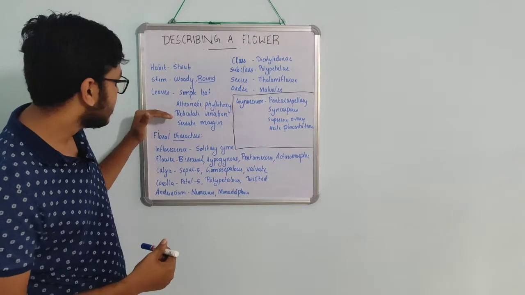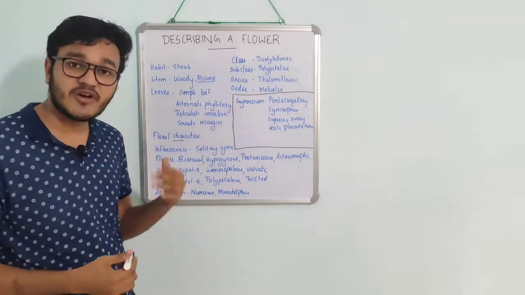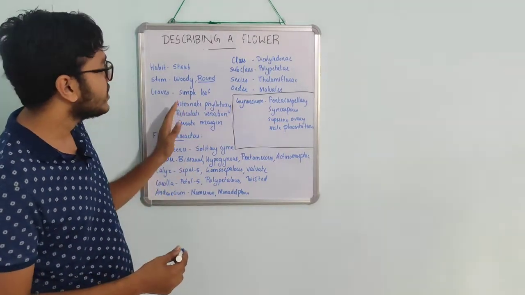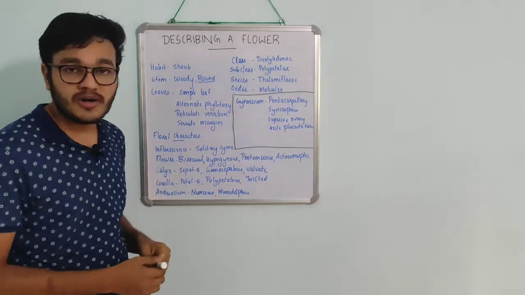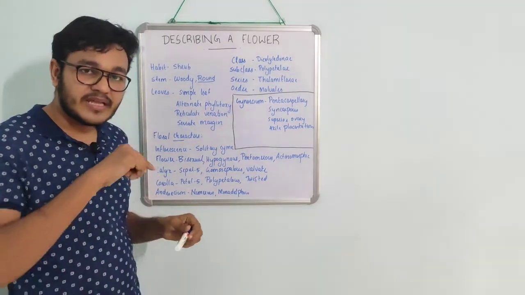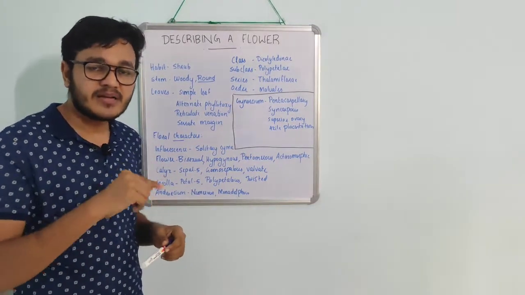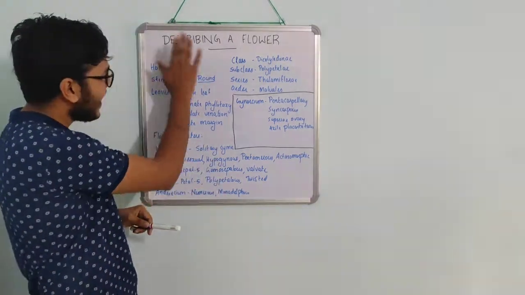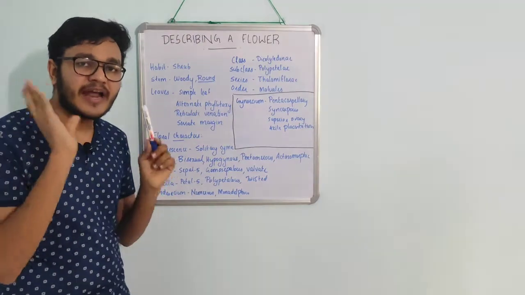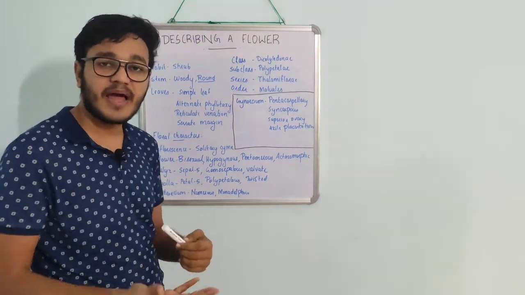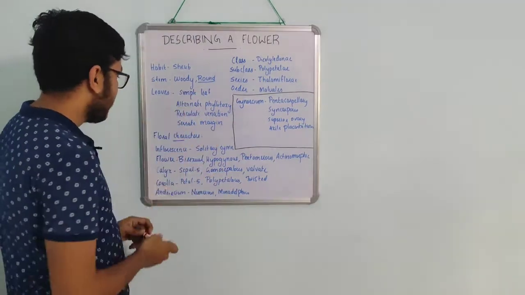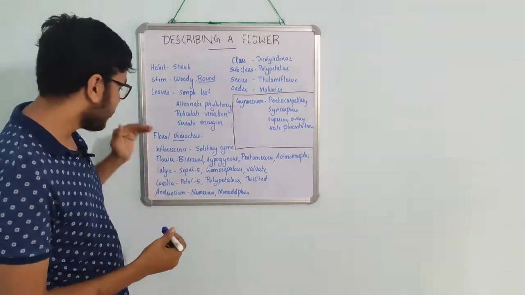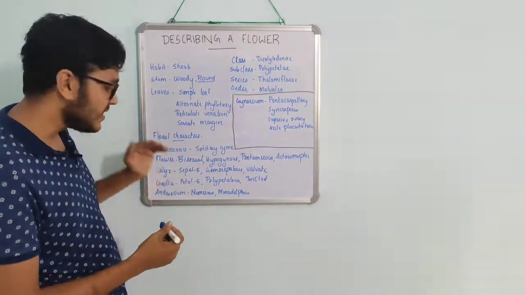alternatively. So it has an alternate phyllotaxy, and the venation of the leaf is a reticulate venation because it belongs to the dicotyledons. And the margin of the leaf, that is the tip of the leaf, is serrated margin, the pointed end like that, so it has a serrated margin. So all these characters can be written by simply looking at the plant. What you see from the plant itself, you can write here. Then coming on to the floral characters, the first one you have to mention is inflorescence and the parts of